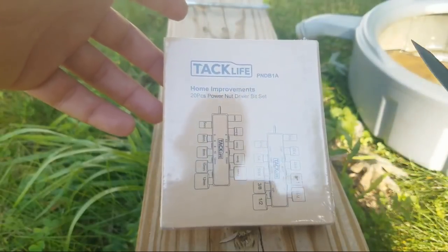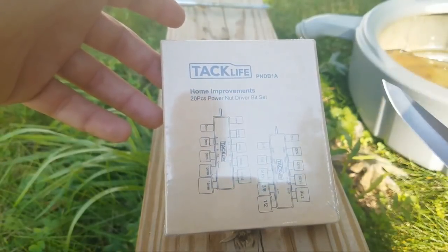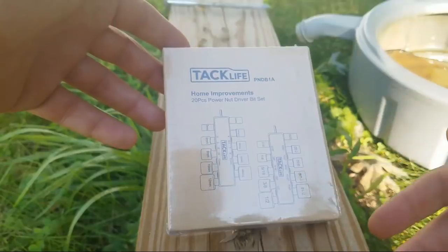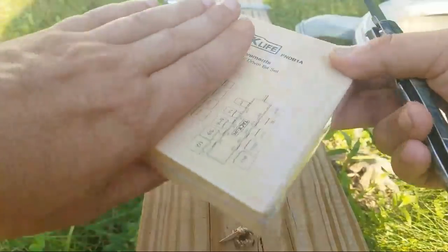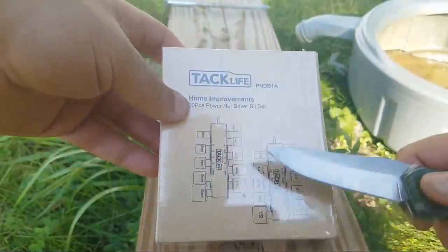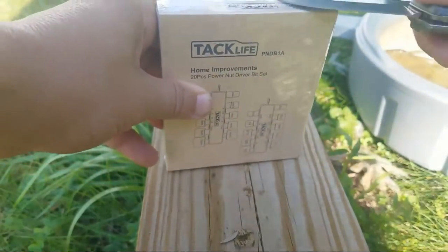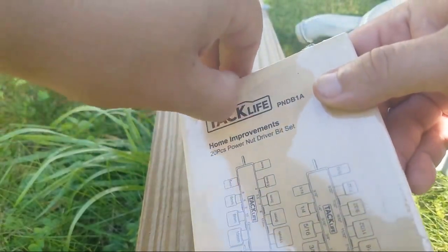I was maybe going to get another DeWalt set. I was going to see if they had a non-magnetic. I couldn't find it, man. But when I saw that they had a standard SAE 10-piece set, I would have bought this alone for $10. Right here. But you get a metric set with it also. So, this is my first time looking at this. Obviously, it's sealed shut, but we're going to take a look. But let me tell you, to get a 20-piece nut driver set for $10, and again, I'll have the link